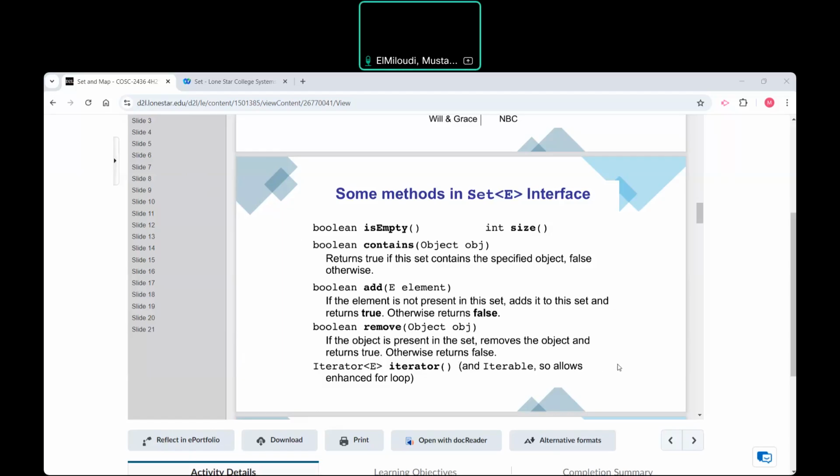Now, what about the union? Let's say I want to basically combine these two groups, these two sets. All I need to do is S1.addAll, and then the second set. So basically it's going to add them, but again, without including duplicates. So this will affect only S1. S2 will not be affected. S1 will change. It will basically contain all the elements in both sets, but without